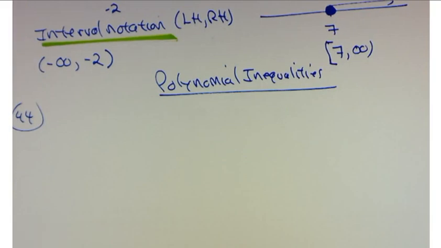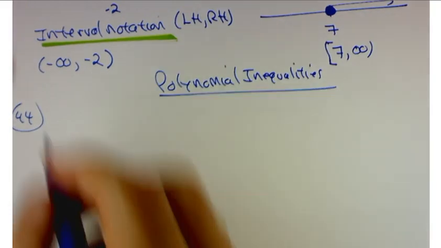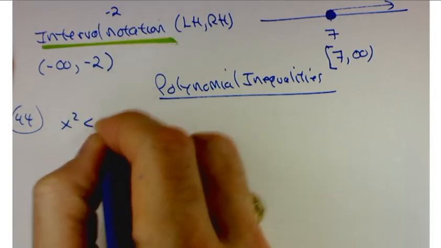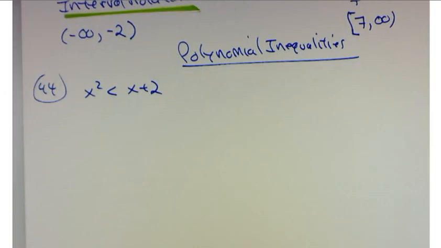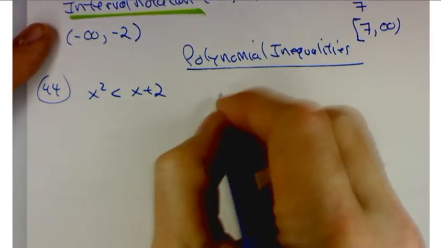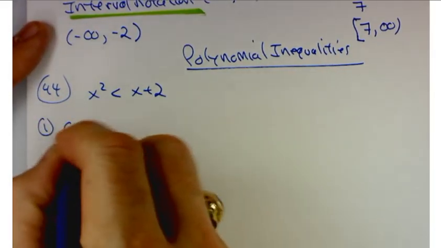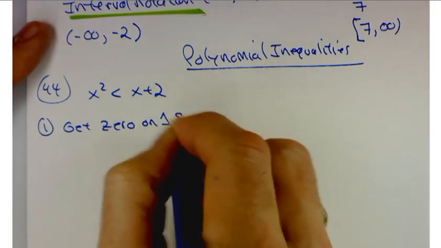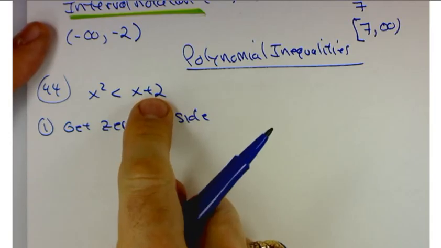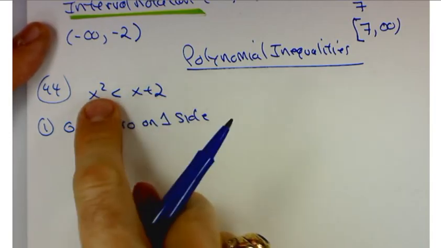So for polynomial inequalities, like x squared is less than x plus 2, there's a couple things that you're going to have to do. So the first thing that I would suggest you do is get 0 on one side. So to do that, I'm going to move all these terms over to the left-hand side